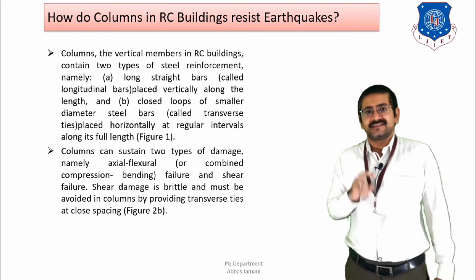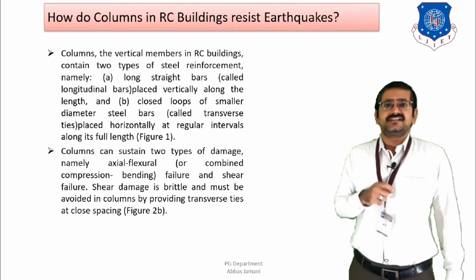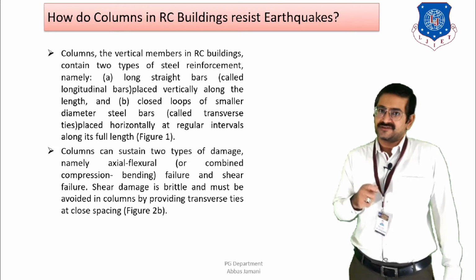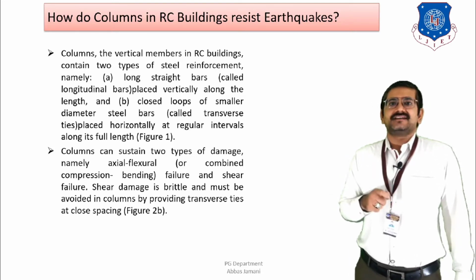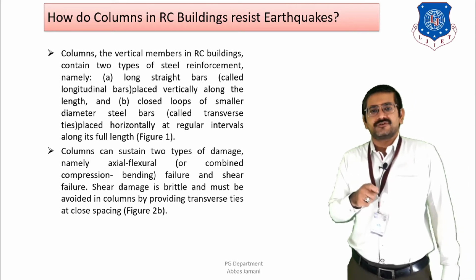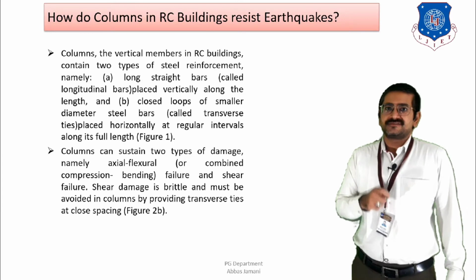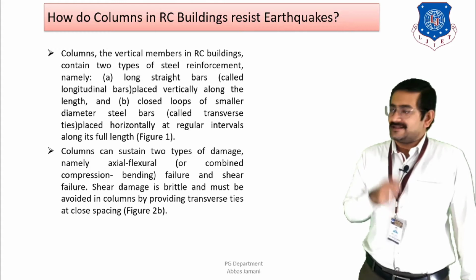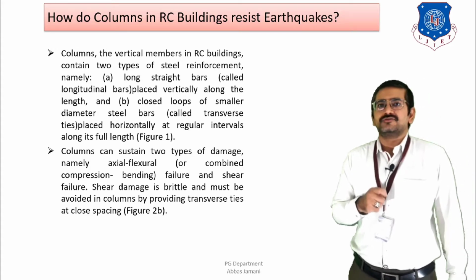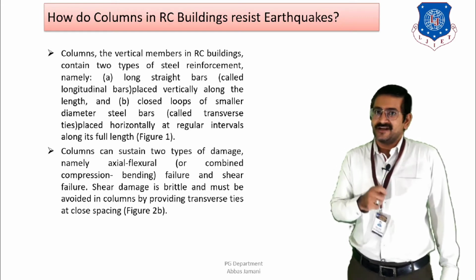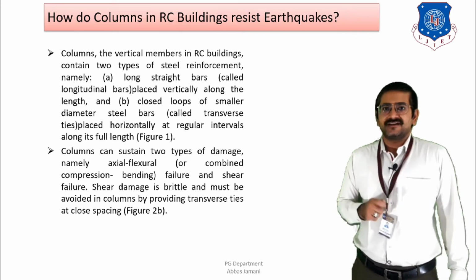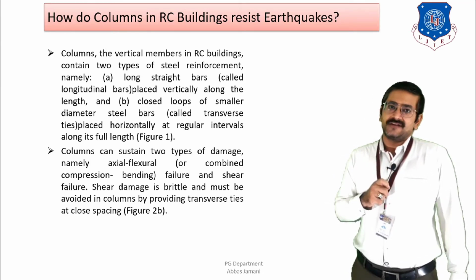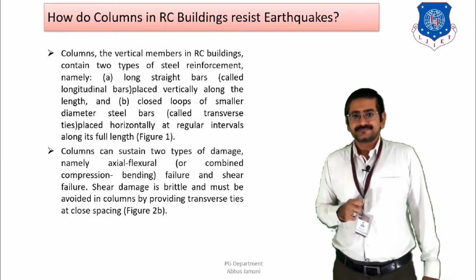But there is a second case, and that is the action of shear forces. These shear forces will be introduced due to the horizontal lateral forces that arise from earthquake shaking. As a result, a large amount of horizontal shear force will be introduced in the columns, and the shear failure is likely to be initiated. If shear failure is initiated, then as we discussed in case of beams, it will lead to a brittle type of failure which we are not anticipating for reinforced concrete buildings, right? So the flexural failure is accepted, but the brittle failure or the shear failure is not accepted, right?